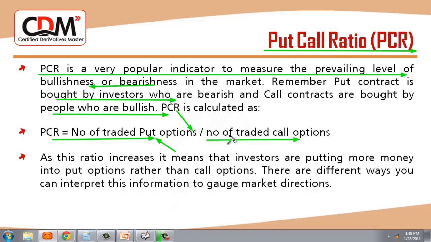So suppose we are seeing that the PCR ratio is in the range of 1.4 to 1.6, then we can say the market is extremely bullish, and from there we can see some reversal in the trend. And if the PCR ratio is between 0.60 and 0.80, it means the market is going to turn bullish from there onwards. This range of 0.60 to 0.80 is a very extreme bearishness or oversold zone on the basis of the PCR ratio. As the ratio increases,